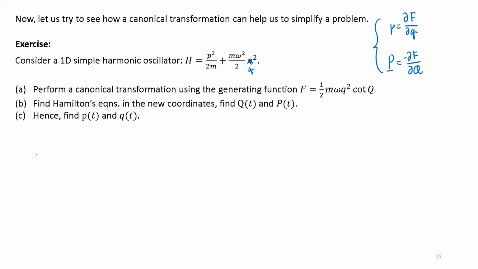Let me just write down the answer here. For the small p, that is partial f partial small q, and you easily find that this is m omega small q cotangent capital Q. And then this capital P would be